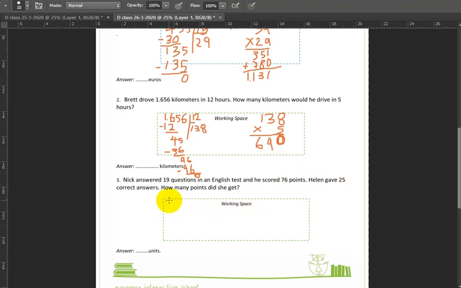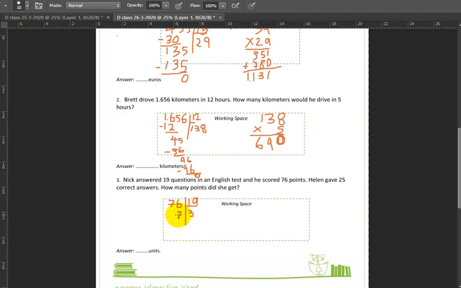So to do this, I first need to do 76 divided by 19. Now this didn't really need to be done vertically, but it doesn't really matter. So how many times does 19 fit into 76? Well, if we were to pretend this was 20, I would say 3. So let's try 3. 3 by 19. 3 times 19 would make